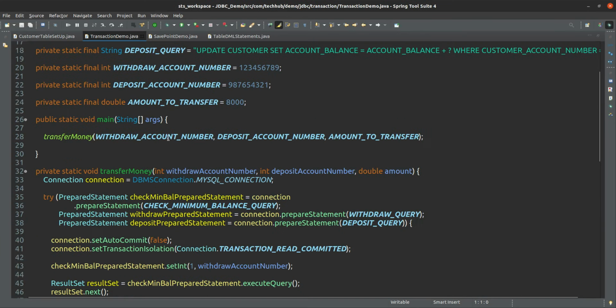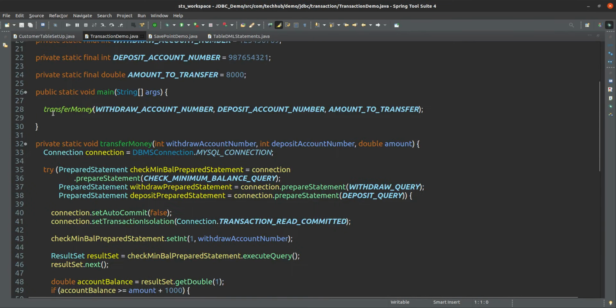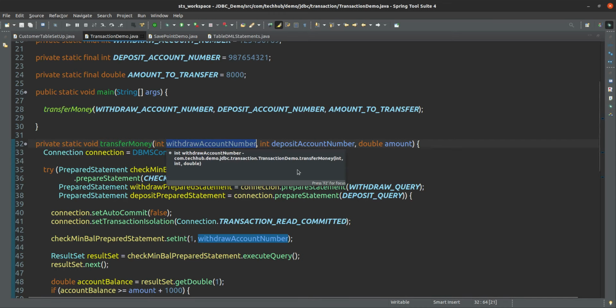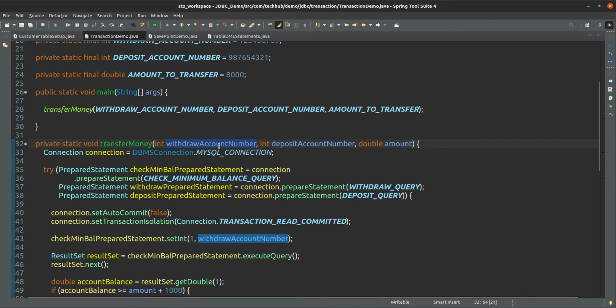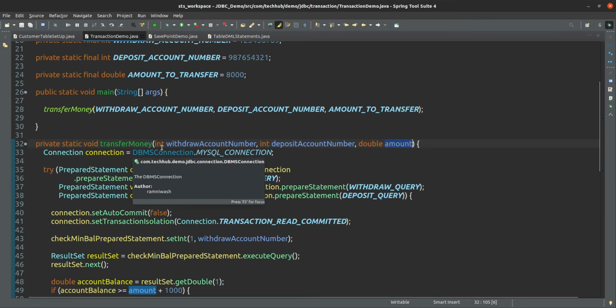From here, if you see what we are doing, from this main method we are calling this transferMoney. Transfer money is nothing but transferring from the withdraw account number to the deposit account number, and what amount? Only these three parameters are required here.